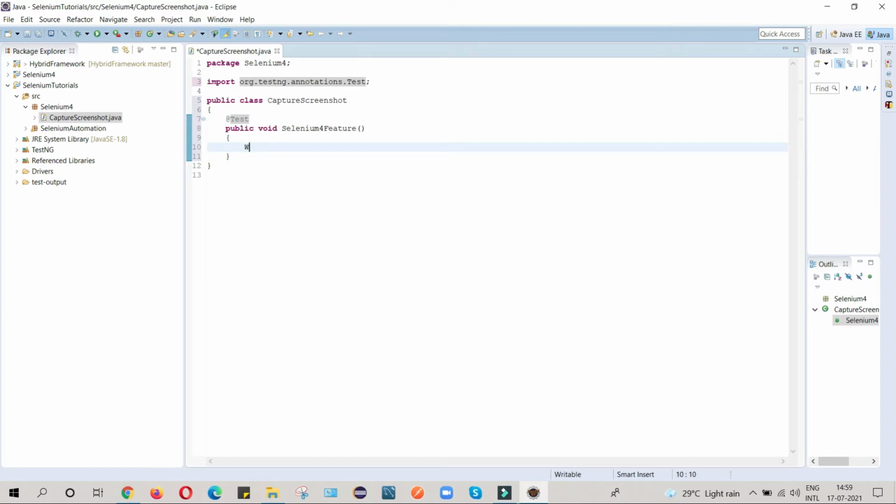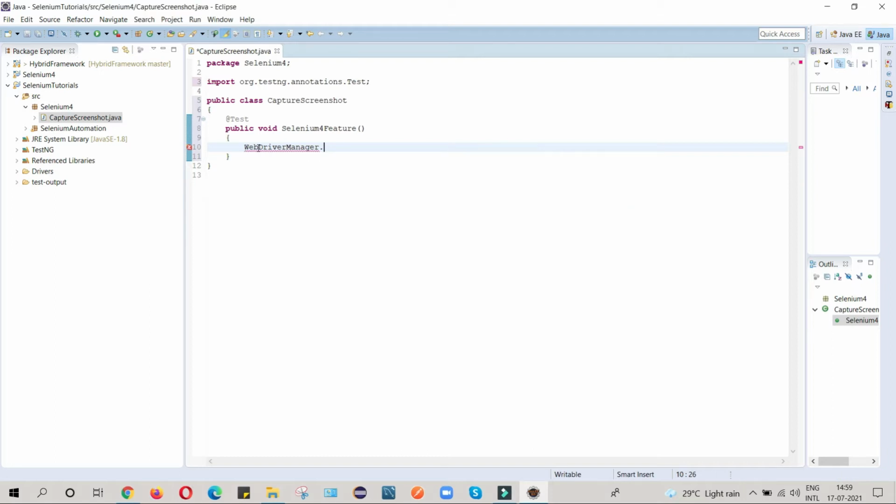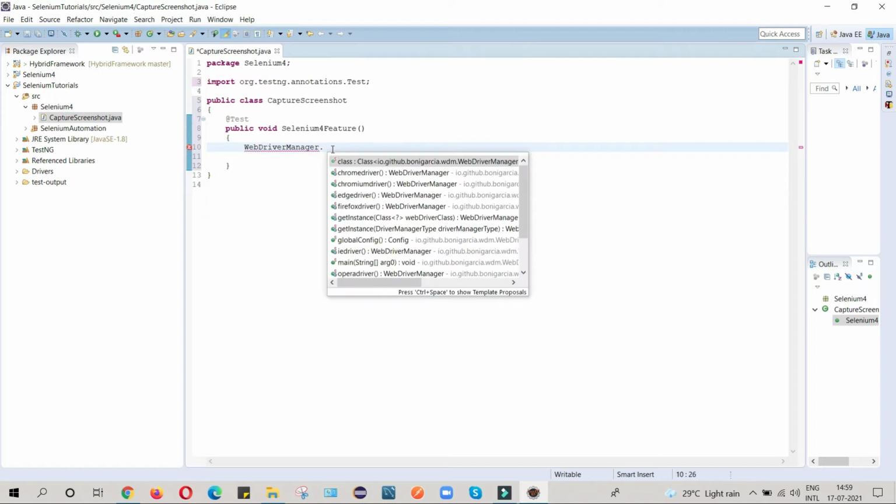Here I will write WebDriverManager dot, and you can see all the browser drivers here, like Chrome, Edge, Firefox. You can select any of the drivers. I am just selecting Google Chrome driver.